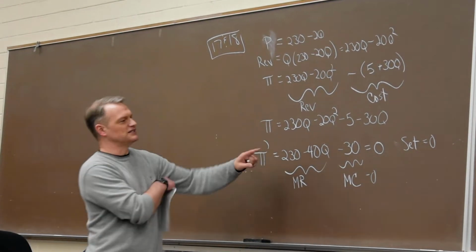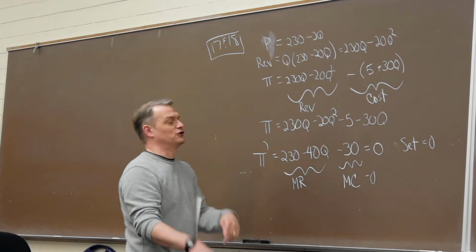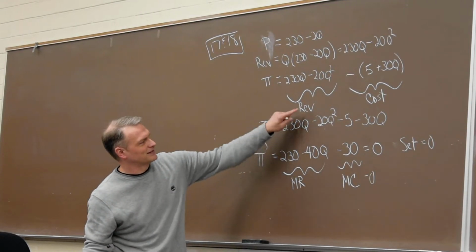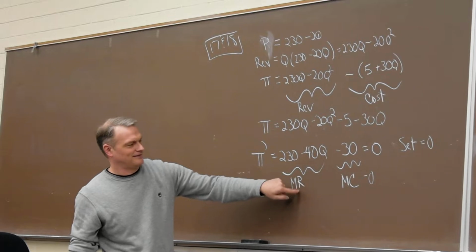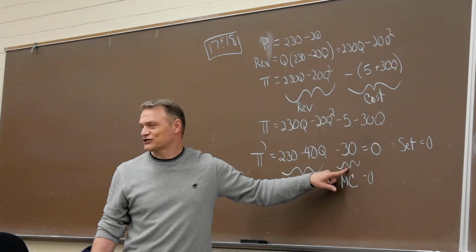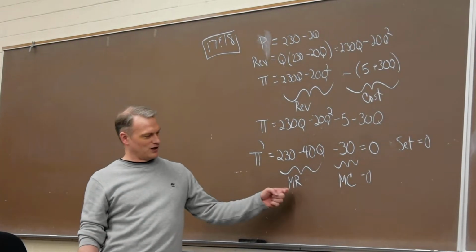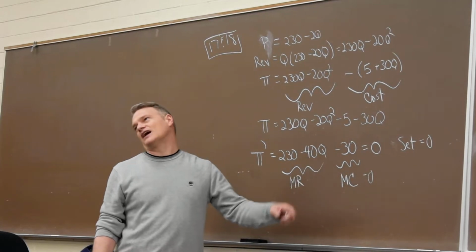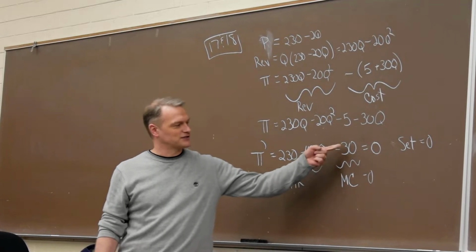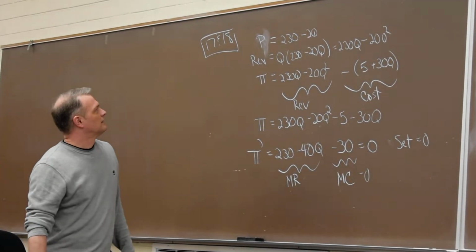I didn't combine these q's for a reason. And that was just to show you, when I take the derivative of this part, because that's the revenue function, that's marginal revenue. When I take the derivative of the cost part of the function, that's marginal cost. And so instead of saying marginal revenue equals marginal cost, I could also say, if I take marginal revenue, the derivative of the revenue function, minus the derivative of the cost function and set it equal to 0, essentially what I've done is